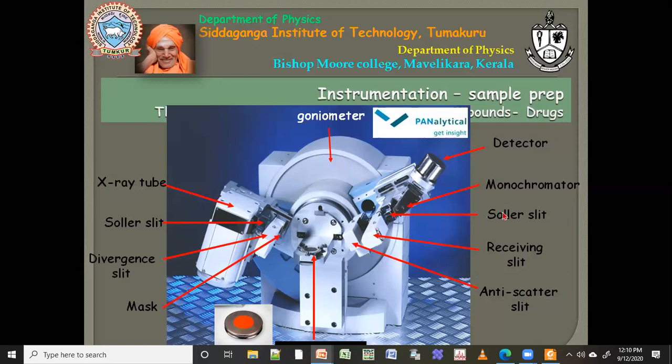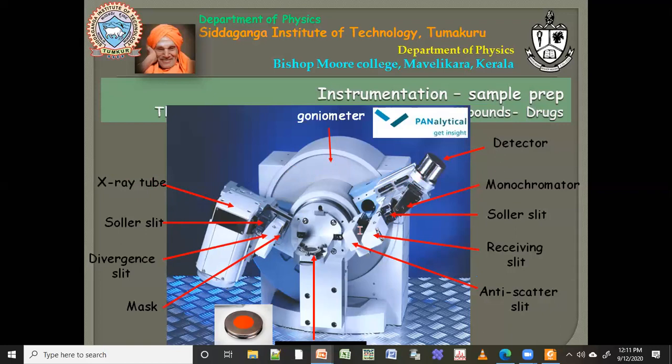So this is your typical X-ray diffractometer. It can be a tabletop or a big regular standby diffractometer. These things are common, and there is something called a goniometer. What is a goniometer? There are two circles. One circle, like a wheel, is attached to the X-ray tube, and there is one more wheel behind this, which we don't see. This wheel is going to hold the detector.